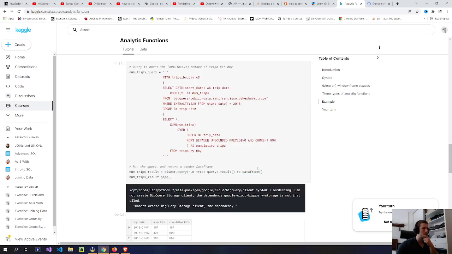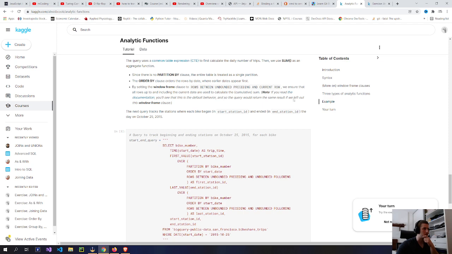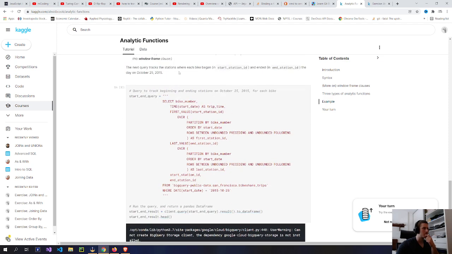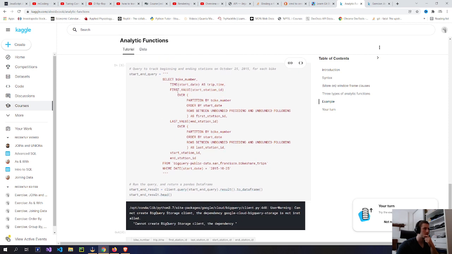So where was I here? Oh, here. Next query tracks the stations where each bike began. So let's say time, first value, then over, partition by bike number, order by state. I don't understand this partition really well, but